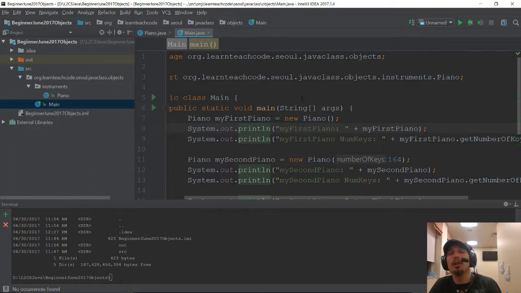then covered creating a new project. It's very simple. You pretty much just give it a project name and a location. We also covered how to create packages and what the purposes of packages are. We covered creating a class in IntelliJ. We covered setting up a run configuration in IntelliJ. And then we covered creating a separate class and creating new instances from new objects and instances from that class